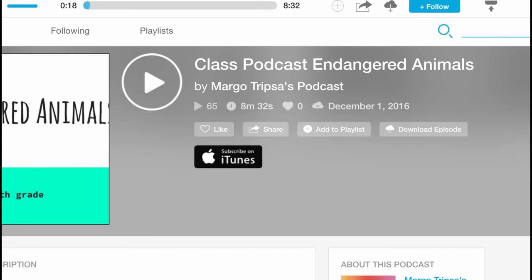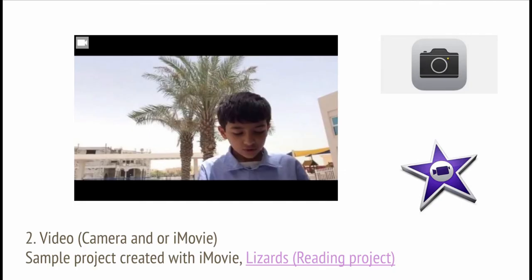Giant pandas are endangered animals. Pandas are very rare. To create videos, you can have your students use their camera to record themselves sharing their